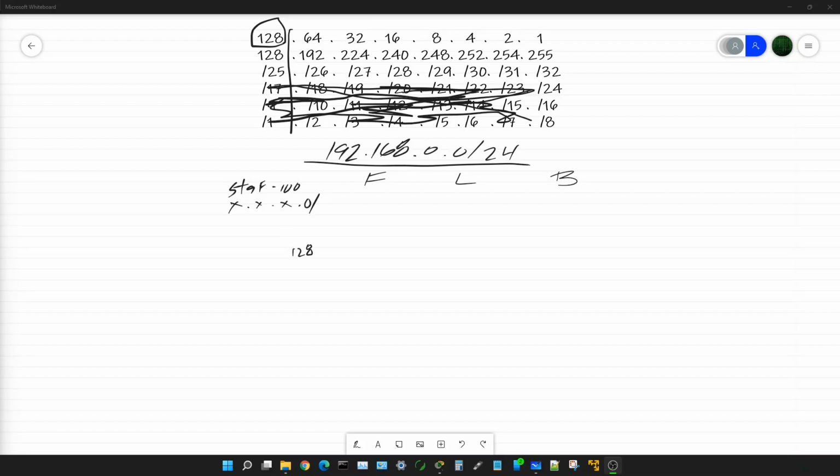Now that we have that established, we know that the broadcast for staff is going to be 127, and because that's the broadcast, the last usable is going to be 126. Then because we begin with 0, the first usable is going to be 1. So we basically have that completed,